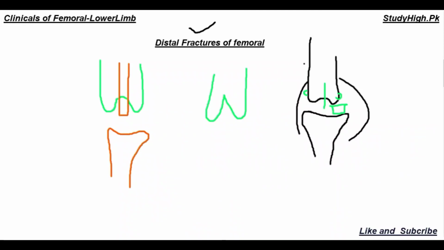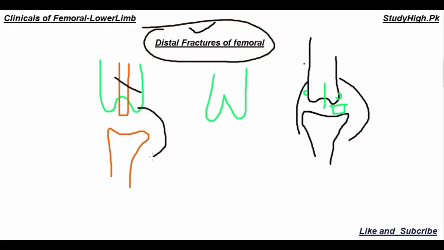So what are the important things that you must know about distal fractures of the femur? First, there is a separation of the condyles of the femur. The popliteal artery, which is present just behind, on the posterior surface of the condyle or distal end of the femur, will also be broken, and hemorrhage also occurs. As a result, blood supply to the leg will be affected by this hemorrhage, and there will also be misalignment of the condyles, as these condyles form the knee joint. The knee joint will also be affected because of the distal fracture of the femur bone.